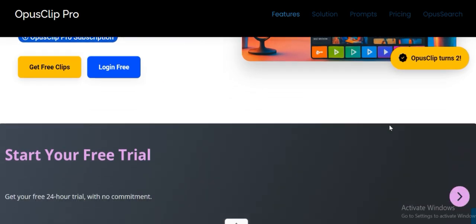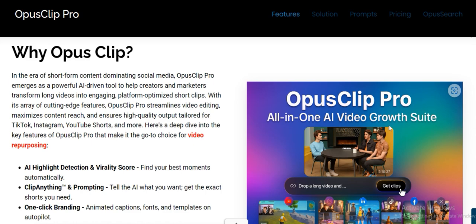Now, here it is. Why, you might wonder, why OpusClip? In the era of short-form content dominating social media, OpusClip Pro emerges as a powerful AI-driven tool to help creators and marketers transform long videos into engaging platform-optimized short clips. With its array of cutting-edge features, OpusClip Pro streamlines video editing, maximizes content reach, and ensures high-quality output tailored for TikTok, Instagram, YouTube Shorts, and more. So here is a dive into the key features of OpusClip Pro that makes it the go-to choice for video